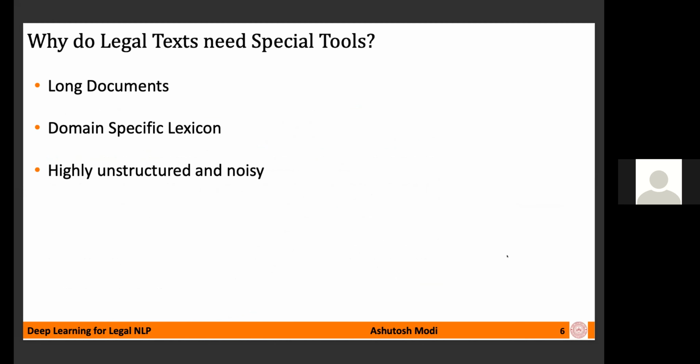So legal documents, especially in common law countries like India, are highly unstructured and noisy. They might have grammatical mistakes or spelling mistakes because many of them are manually typed. So this makes it challenging to extract information, right? And moreover, many of these documents are scanned, and you need to extract text from these using some kind of OCR or those kind of techniques. So that further introduces noise into the text or the data, basically.